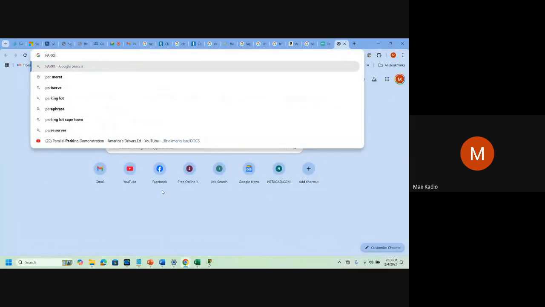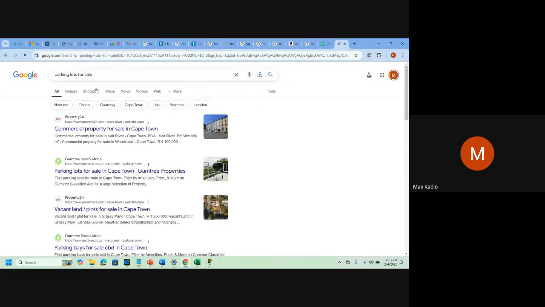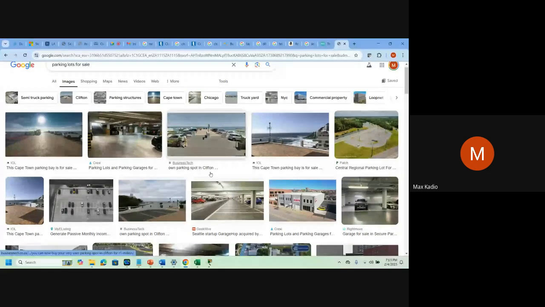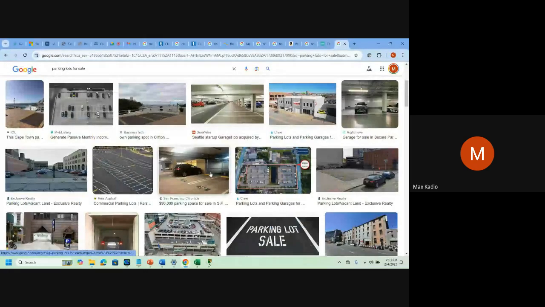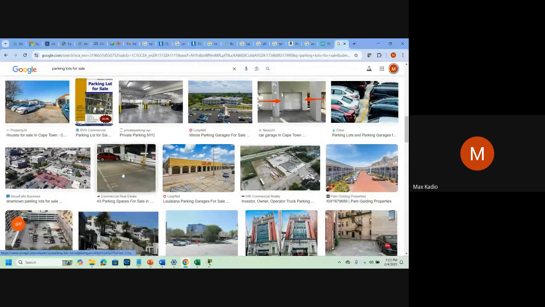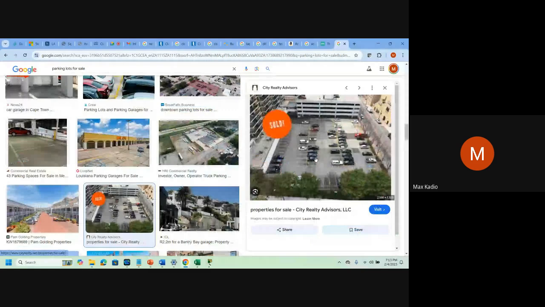Parking lots. Okay, let's take this one. You see, each car is parked at a dedicated place.